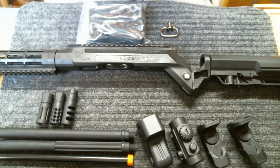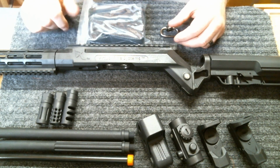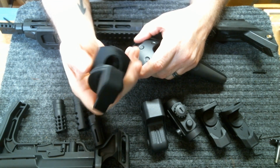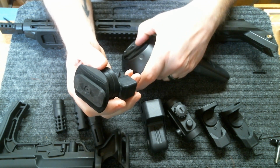Plus, it allows you to rest in between, so you're not constantly cut. That odd-looking flap there is a finger rest. So the idea is that